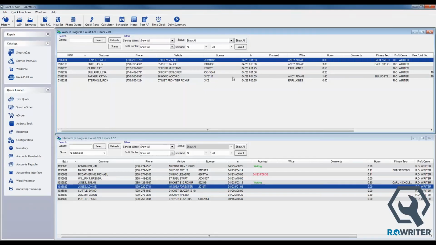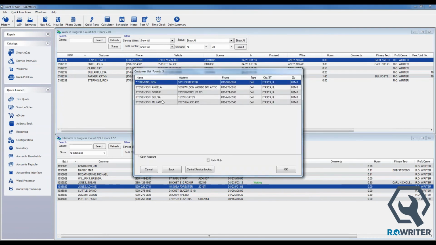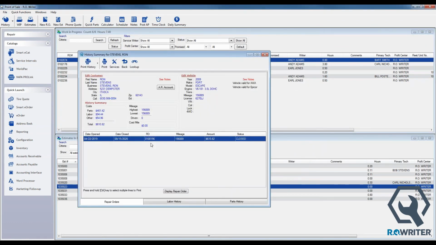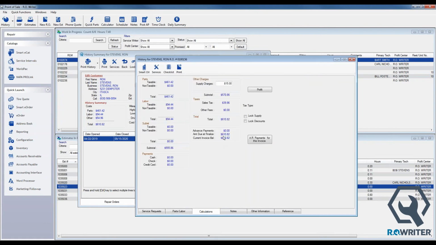Getting back into my main core point of sale, as we get into history, so I go to look at Ron Stevens' history, and maybe he brings another vehicle in, maybe it's just going to see what's going on with this particular transaction. But as I get into the actual history, there's my transaction, 61082. If I go into display repair order, and then over to the calculations tab, what we'll see is, well, all right, the amount due at finalized was 610.82, and his current invoice balance is 410.82, because we made a $200